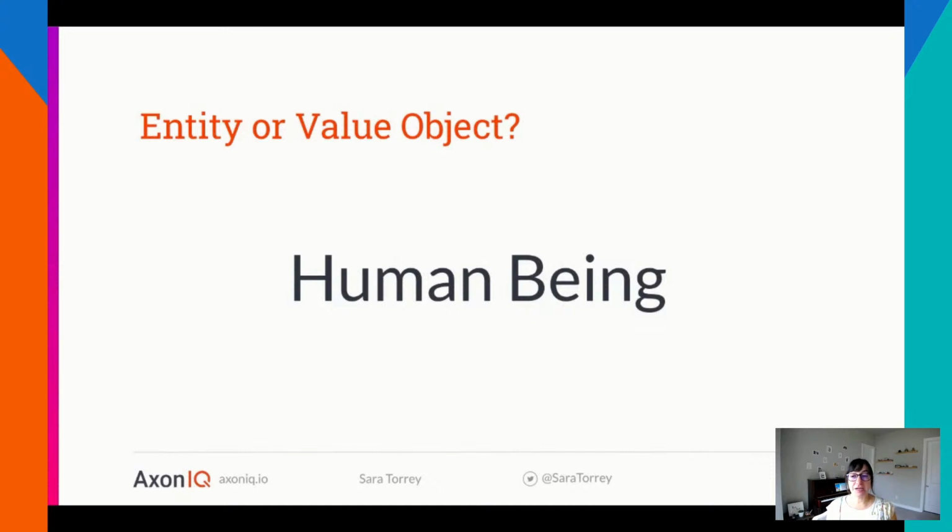So for the sake of time, I'll go on and explain a little bit more about this example. As I mentioned, there are no right or wrong answers. So you could say that a human being can be defined as an entity. Great. Somebody responded entity. Fantastic. So we could be defined as entities, right? Because we do have a form of identification.